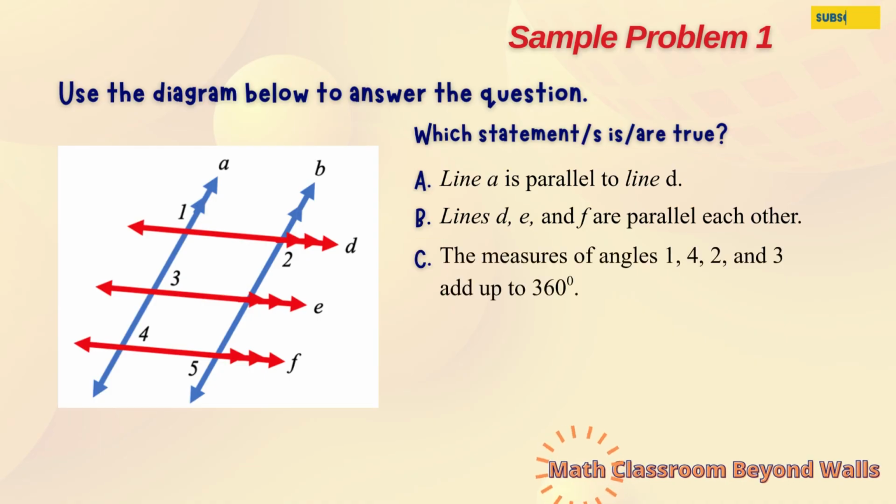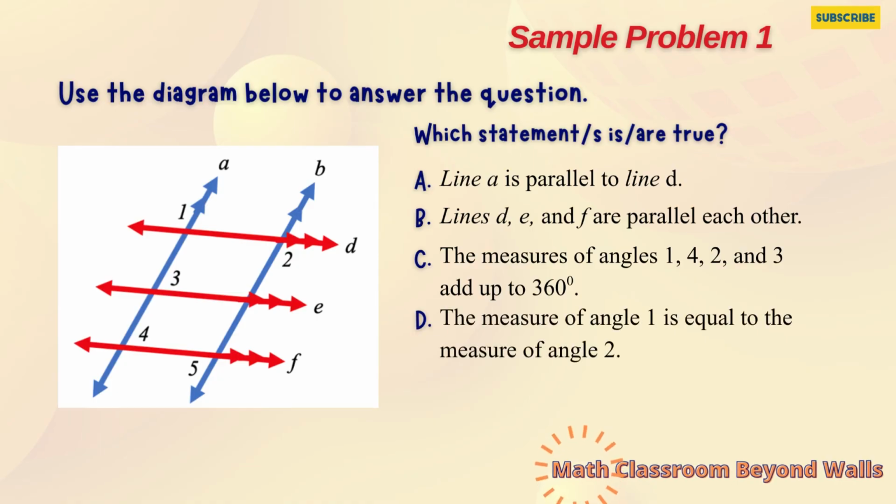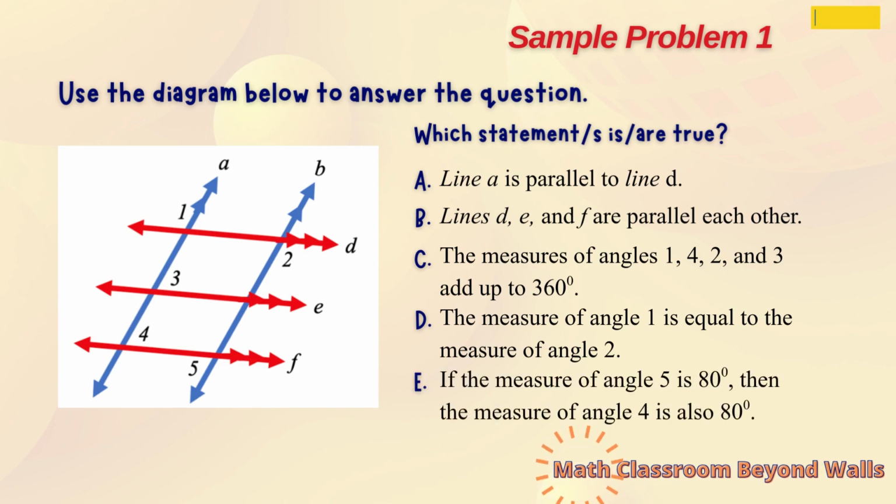Option C, the measures of angles 1, 4, 2, and 3 add up to 360 degrees. Option D, the measure of angle 1 is equal to the measure of angle 2. Option E, if the measure of angle 5 is 80 degrees, then the measure of angle 4 is also 80